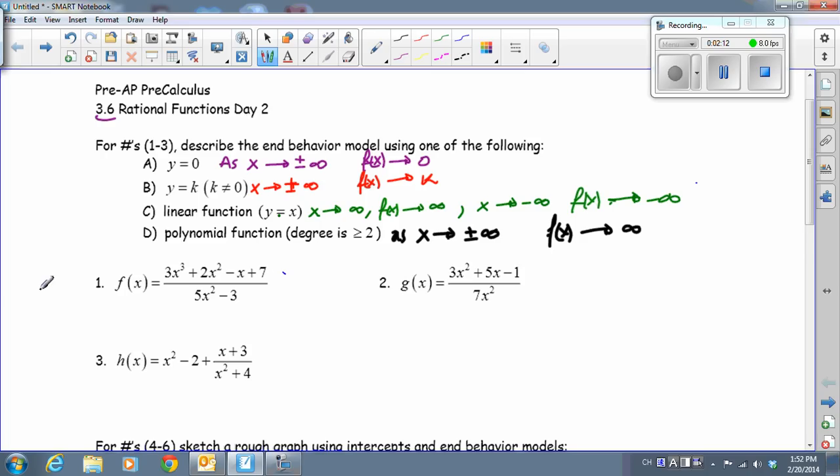y equals x. It might have other values, but it's going to be of the form y equals x plus something. It doesn't really matter what the something is, because you're dropping one power. After dividing a cube by a square, you're going to have an x. It can be 5x, it can be 6x, but the bottom line is it's going to be a positive x. So I will say as x